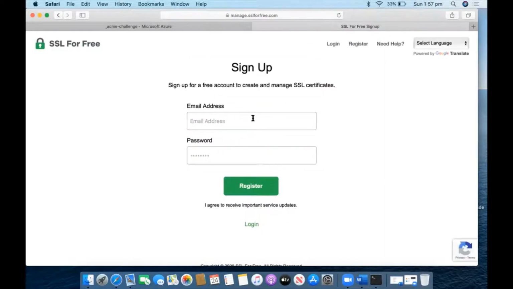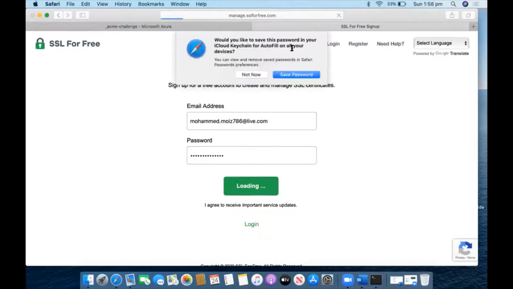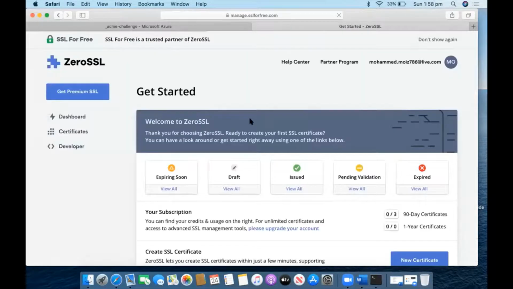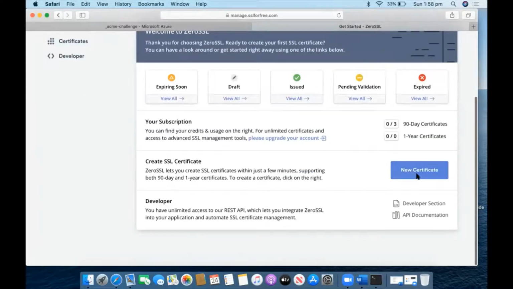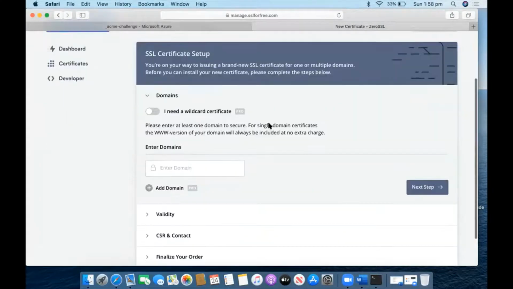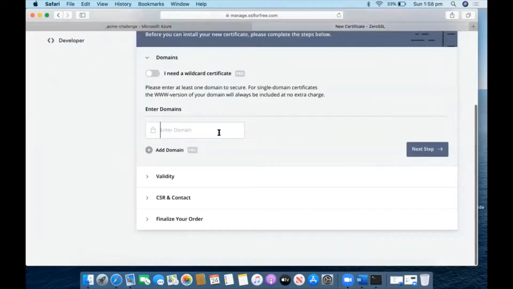Once I provide my domain name over there, it will ask me to register here. So I will go for a new certificate here. And I will enter the domain name saras.care.